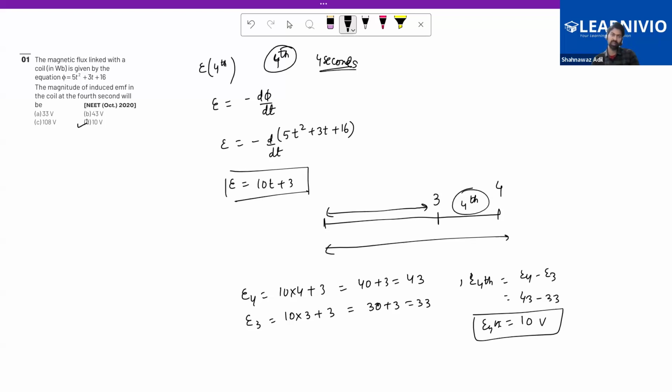Quickly note down this thing, and whenever you have noted, please tell me. If you guys have,